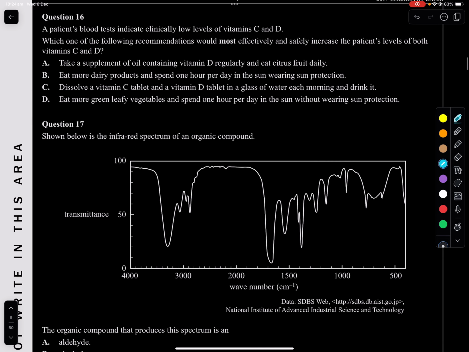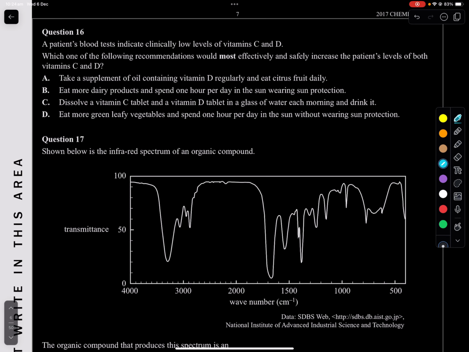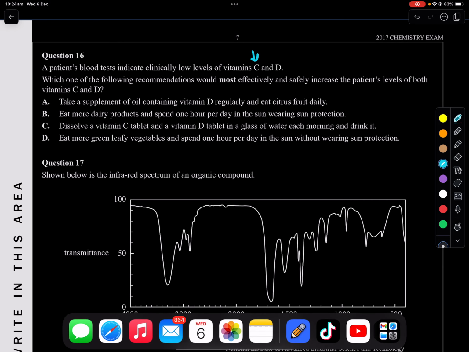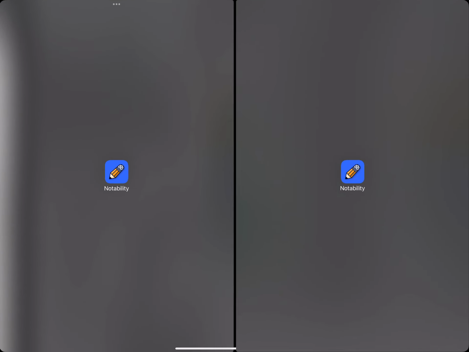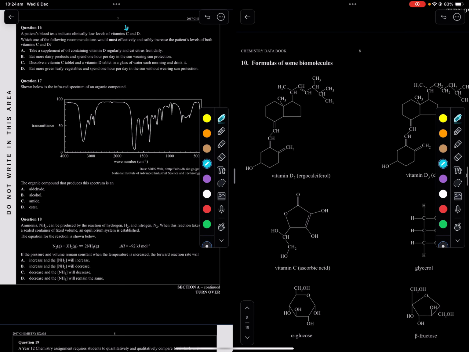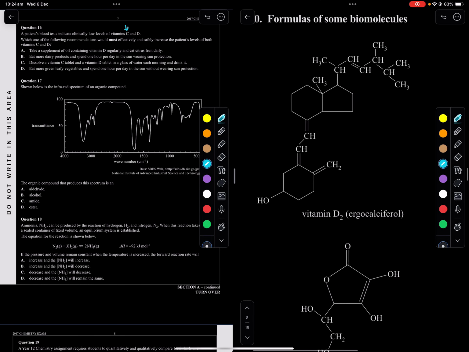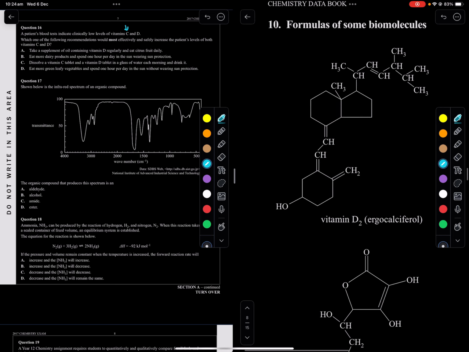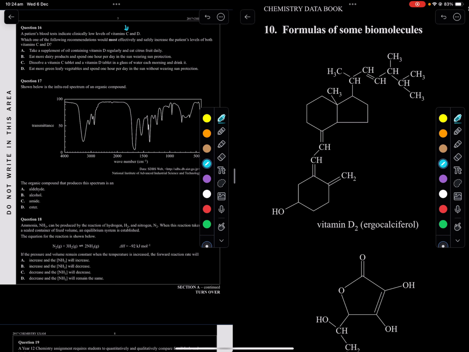So question 16, a patient's blood tests indicate clinically low levels of vitamin C and D. Okay, what do we know about vitamin C? Vitamin C is polar, as we can see if we look at our formula sheet. Have a look at this vitamin D in this case. There's two, but they look very similar. And can you see how this all